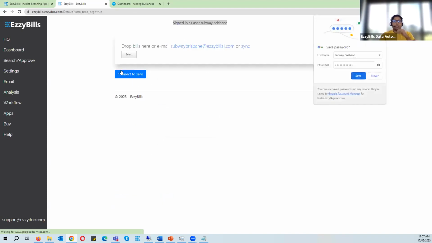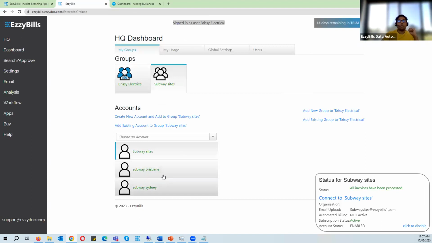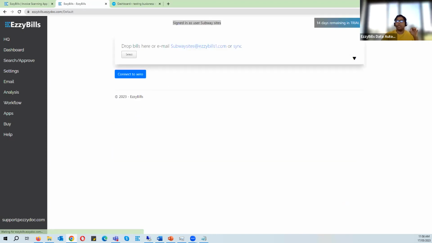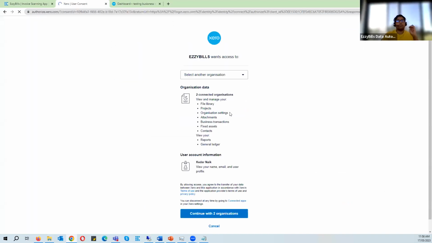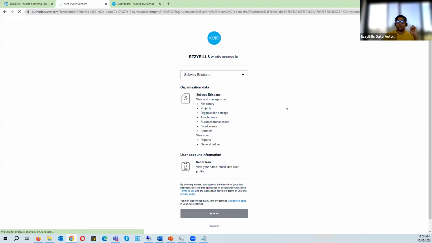Now, if I go back to HQ, you should see that group Subway sites already has Subway Brisbane and Subway Sydney, correct? And we will repeat the same process that we did to connect to Xero. Now, if I click on Subway sites, and click on connect, I'm going to connect to that group. And in the drop down, I can see Subway Brisbane and Sydney. To connect it, I will simply go into Brisbane, connect to Xero, and select the right file from Xero. So this was Brisbane, allow access,